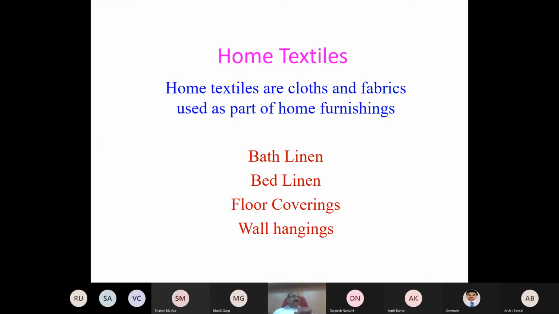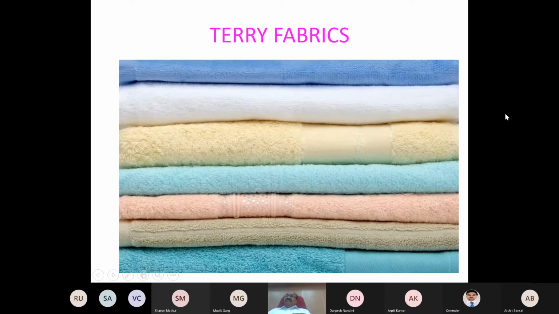So these are some of the fabrics that come under home textile: bath linen, bed linen, floor coverings, wall hangings, and all furnishing type of fabrics. You know, cottons, sofa covers, pillow covers, like cushion covers, and these are all called home textile. In this, we will discuss one or two only. We will discuss in home textile the terry towel. So this terry towel subject is kept deliberately in this course because of